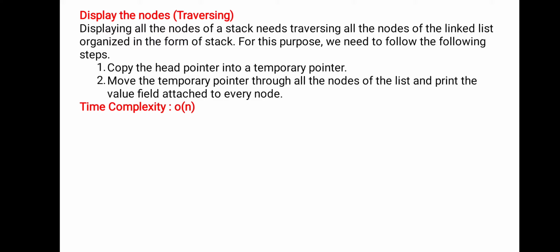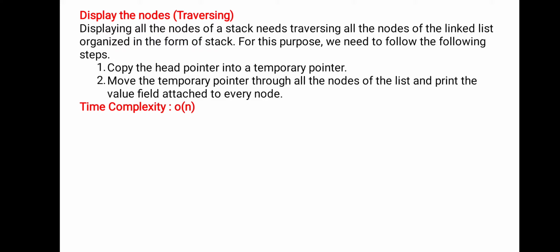Displaying all the nodes of a stack needs traversing all the nodes of the linked list organized in the form of stack. For this purpose we need the following steps. Step one is to copy the head pointer into the temporary pointer. We have a head node.